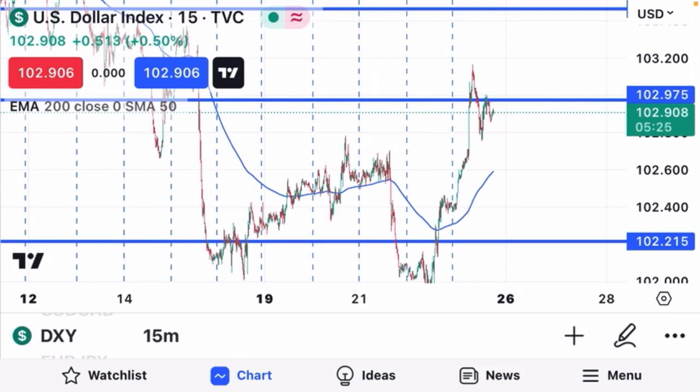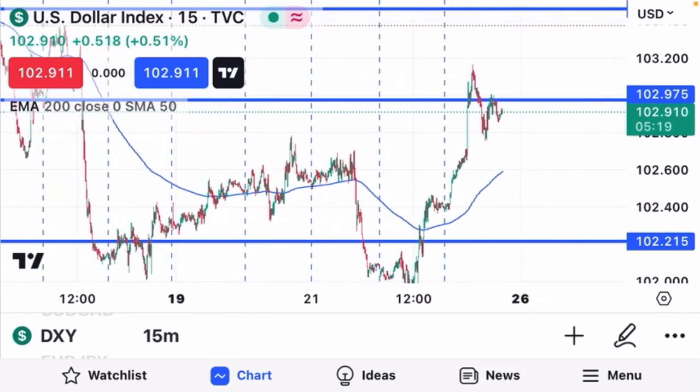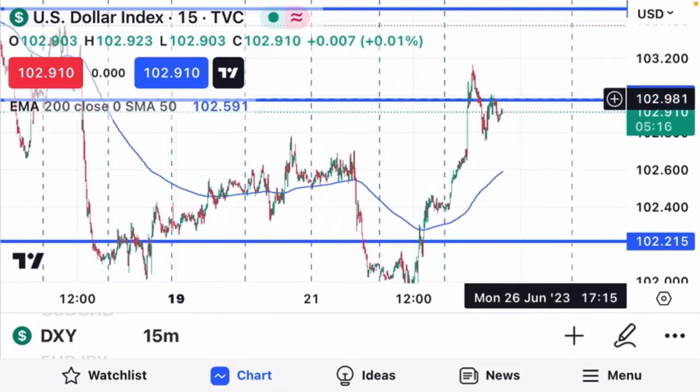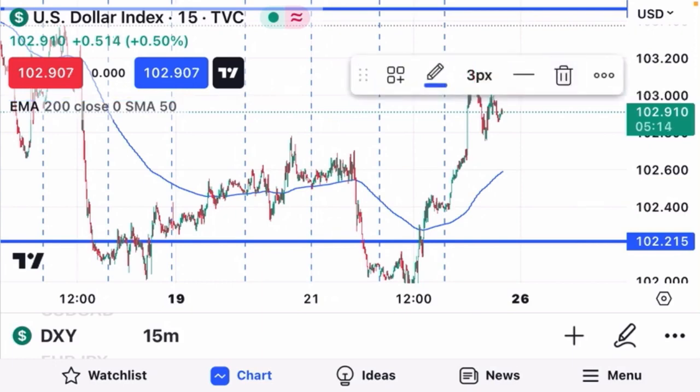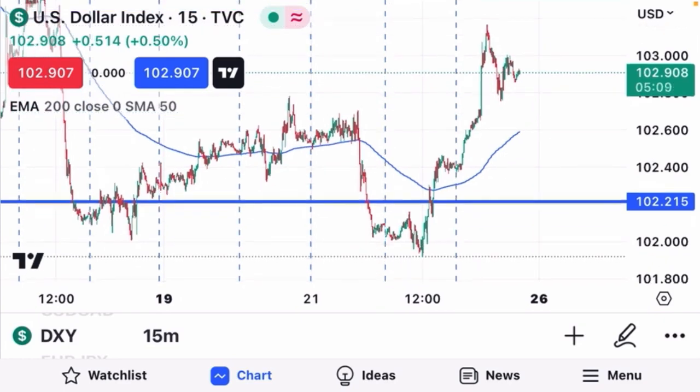Okay, let's say for example you are the person that trades on 15 minutes time frame. As you can see here, let me just do something here. I want to show you something. As you can see here, we can see that the US dollar is actually on the rise here. It's actually on an uptrend in 15 minutes time frame. What does that tell you? If the US dollar is on an uptrend here and you are trading maybe a particular pair,